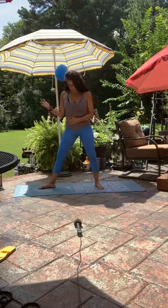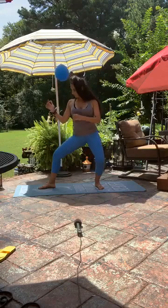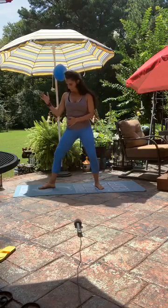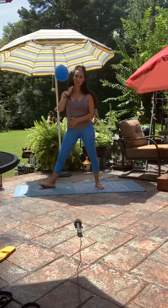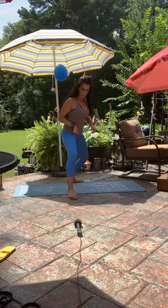Roku. Shichi. Press, press, press. Hachi. Ku. Ju. Good. If you find that your stances are starting to, your front knee in the back stance is starting